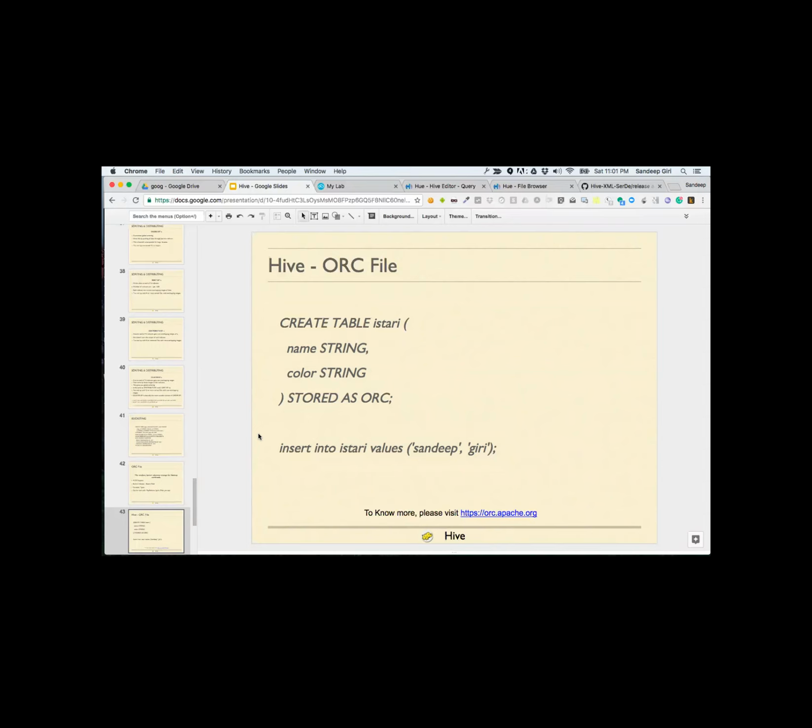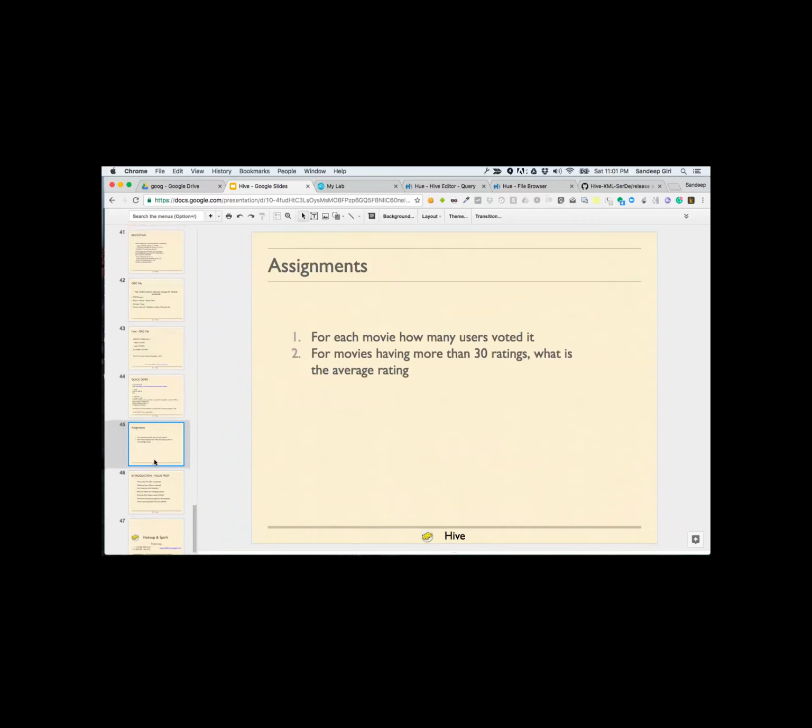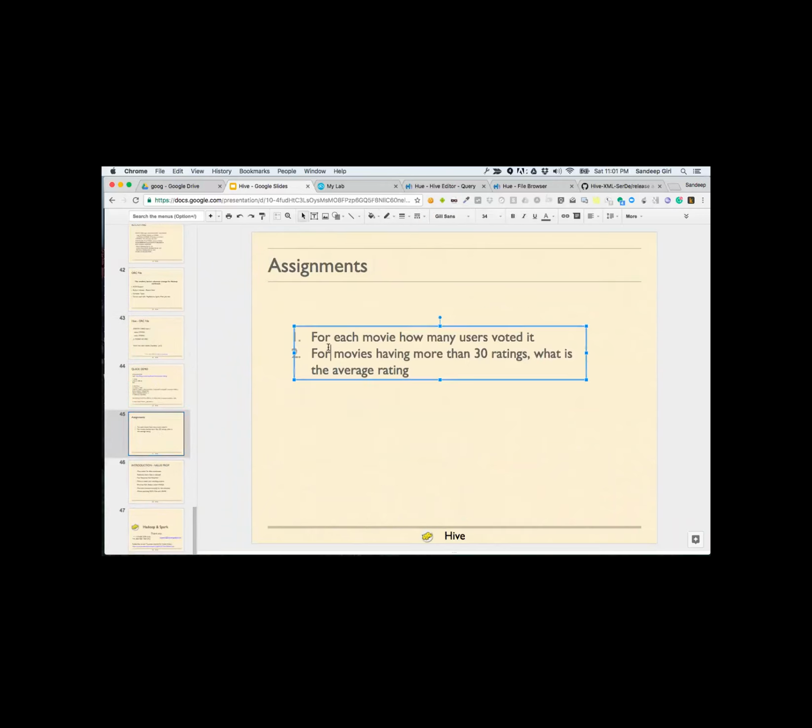So you can try this. This is a new thing that has happened with Hive. We have gone through this. Now, you can try this assignment. For every movie, you have to find out how many users have voted for it. And for movies having more than 30 ratings, what is the average rating?